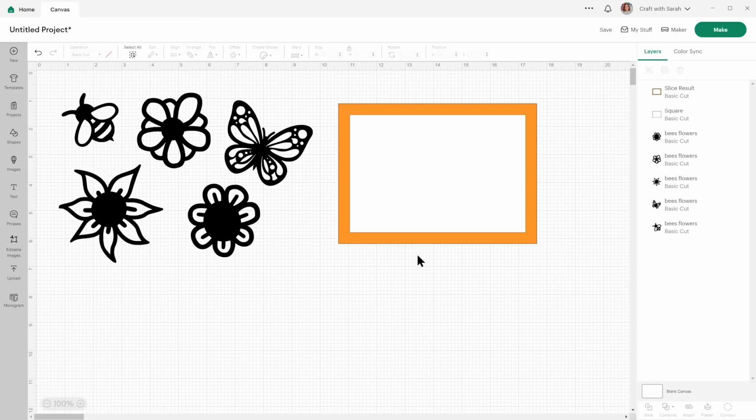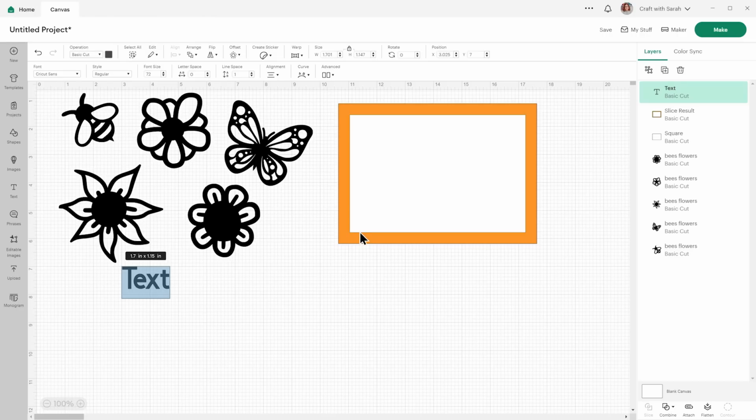I think I'll do the text first because then I'll have a better idea of where to put the pictures. So I'll go into text, and for this one I will do a best wishes card, and I think I might do them as separate words. Then I can play about with the positioning a bit more.